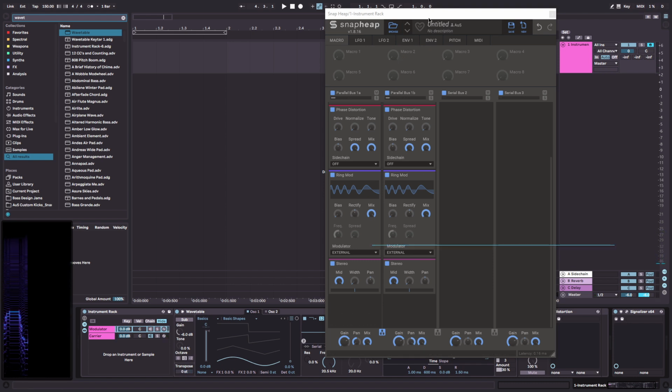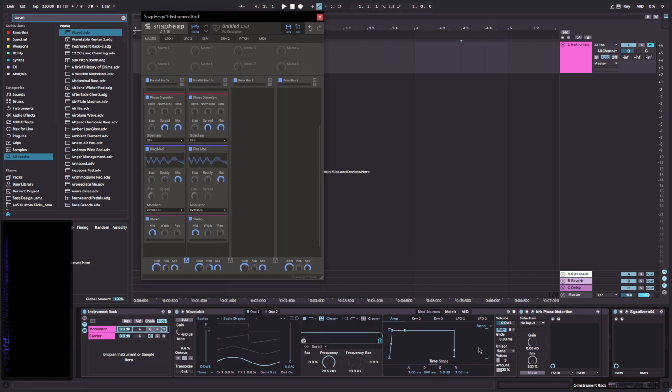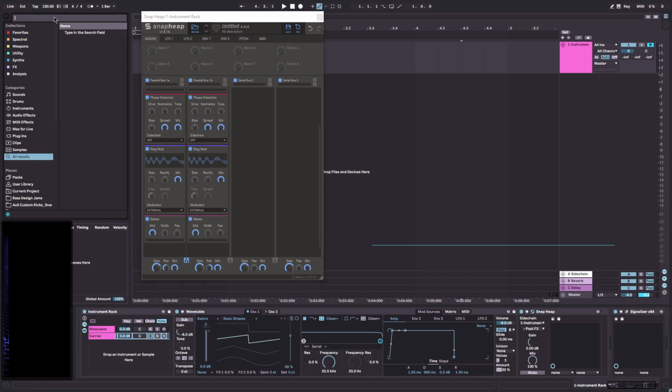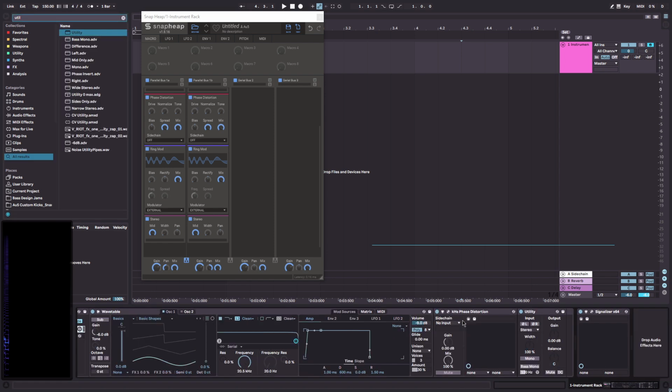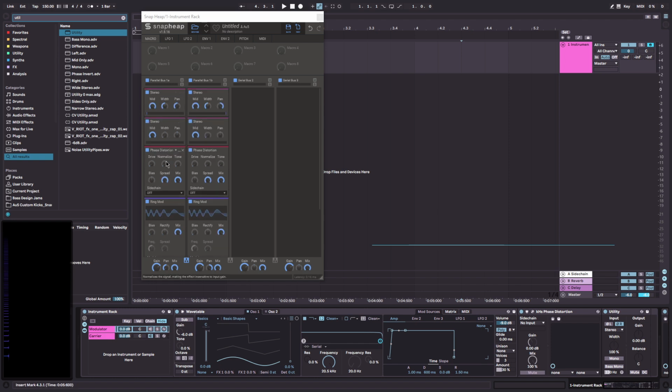So right now what's actually happening is the frequency shift is going in the negative direction, and we can remedy that by just using a utility and putting it on the modulator, and then just flipping the polarity of one of the channels. There we go. Now we effectively get that lower sideband cancellation from this quadrature signal from the phase distortion